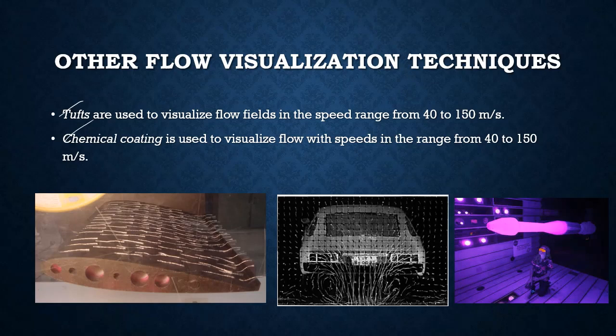So when the flow is getting above the airfoil model, what happens to these tufts? These tufts will be moving according to the direction of flow and the direction of the surface where high pressure or low pressure is acting. We have to find out the high pressure region and the low pressure region. From the direction in which the tufts are moving, we can find where the high pressure occurs and where the low pressure occurs, right?